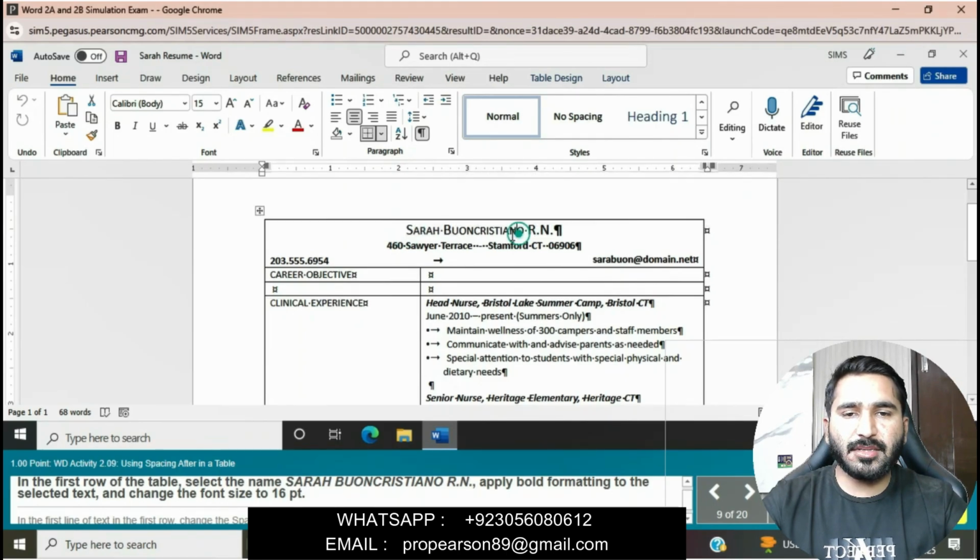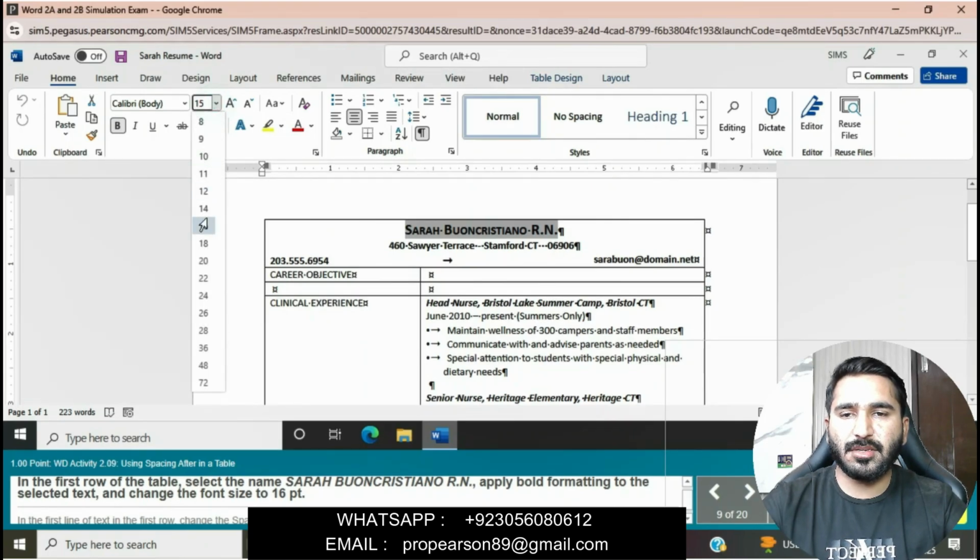We will select this text and then go to the Home tab and simply apply bold, and then go to the font size and apply 16 point font size on this text.